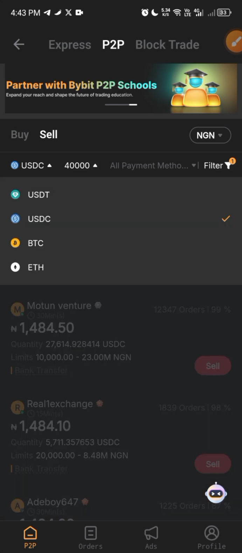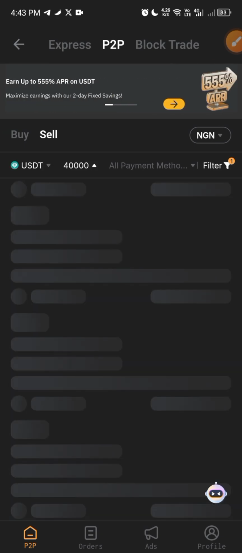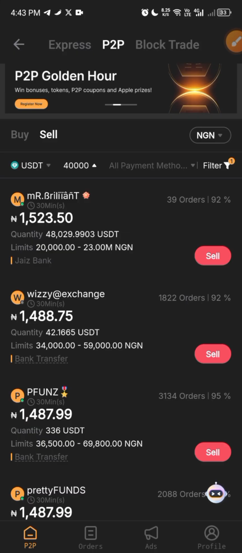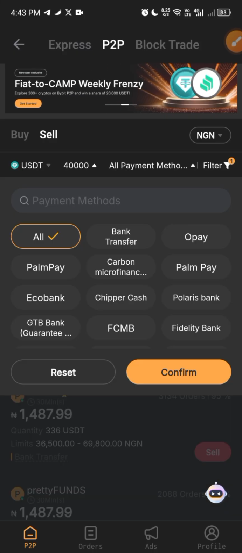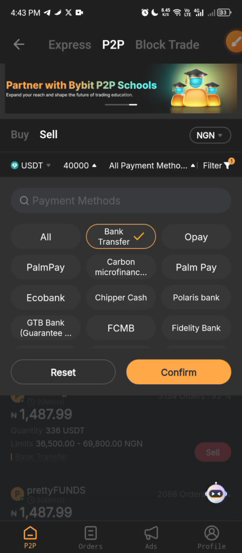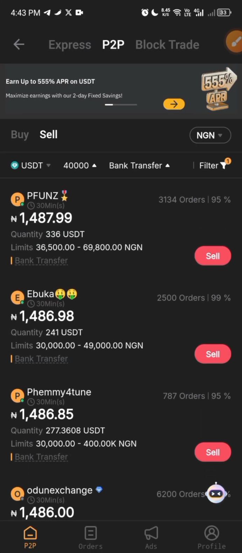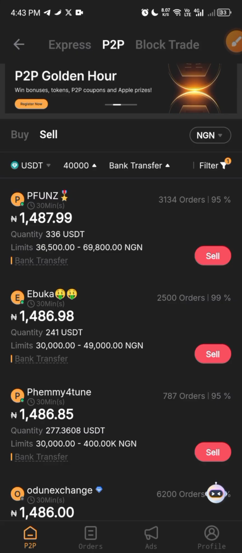So let me change it back to USDT. I want to see which one will give me a higher amount. So USDT is giving me 1,500. Let me put it on bank transfer because these are the things I used to do. So I put it on bank transfer, clicking the payment method. So you can see on bank transfer it is the same thing,